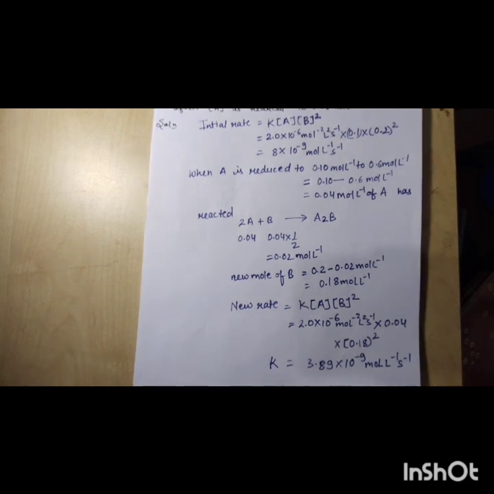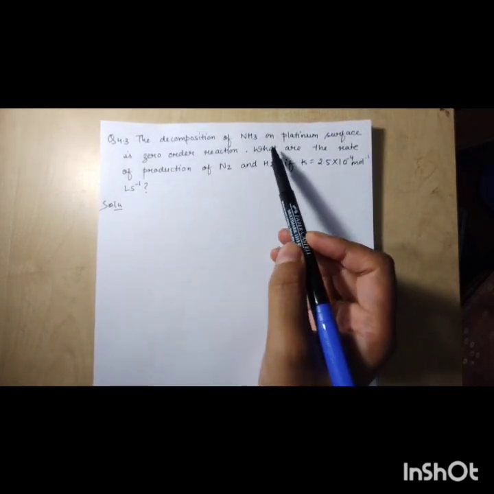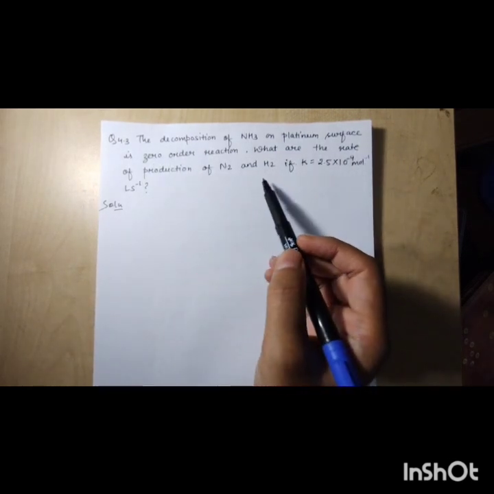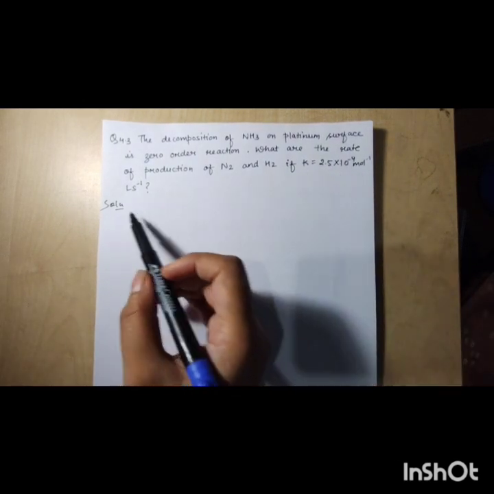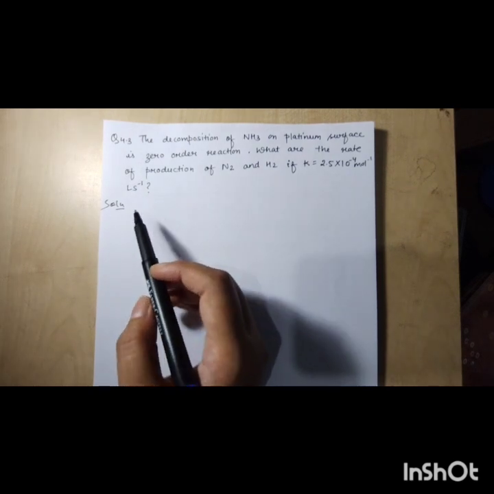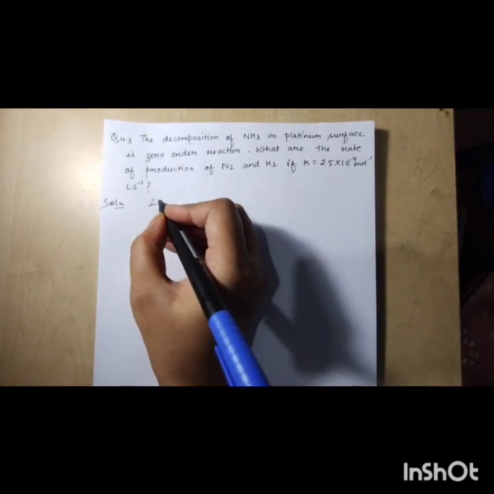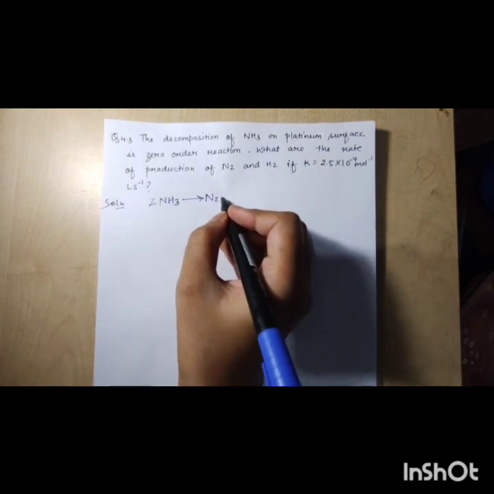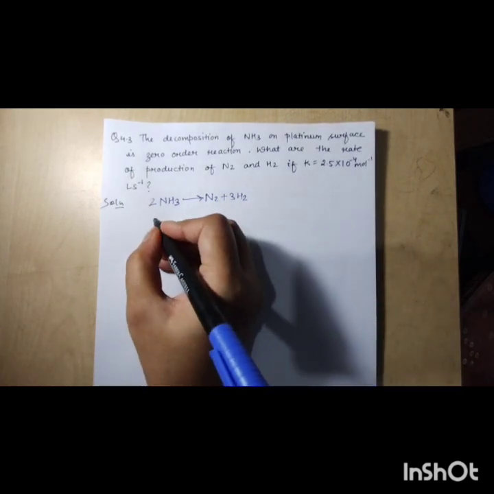Now our next question is: the decomposition of ammonia on platinum surface is a zero order reaction. What are the rates of production of nitrogen and hydrogen if the rate constant is 2.5 into 10 to the power minus 4 mole per liter per second? So how to calculate? First we write the rate of reaction for 2 ammonia giving nitrogen plus 3 hydrogen. Here the rate law expression will be rate is equal to minus half d[NH3] by dt,